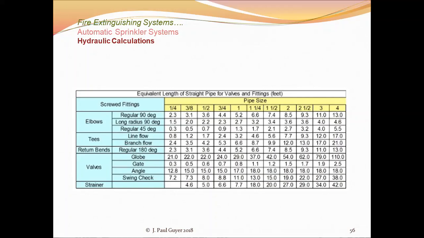So all of the 1 inch 90-degree elbows in that length of pipe are the equivalent, for a 1 inch pipe, of 5.2 linear feet of straight pipe. And so you just convert all of your piping to equivalent linear feet of straight pipe, so many equivalent linear feet of 3/4 inch pipe, so many equivalent linear feet of 1 inch pipe, etc. And then you go to a table like this,